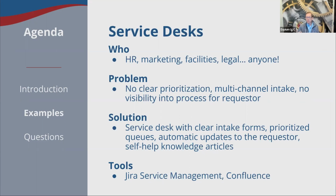HR, marketing, legal, I mean, really anyone. Any of your teams ultimately is providing a service, whether it's to an outside customer or to an inside customer. There's usually some sort of customer involved, okay? So the problem here that we find is many teams that are service teams in a company, even though they don't feel like it, have different channels of intake. There might be emails, your boss knocks on your door if you're working in person and says, I need help with this,